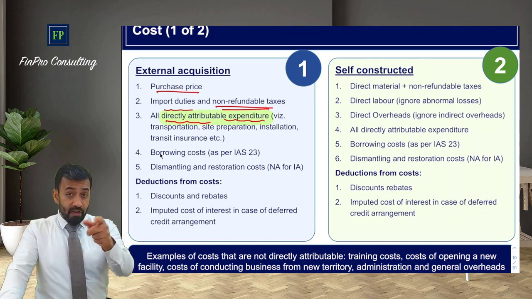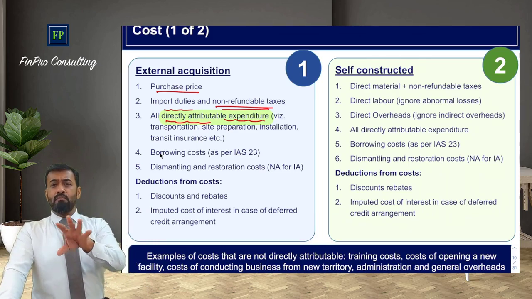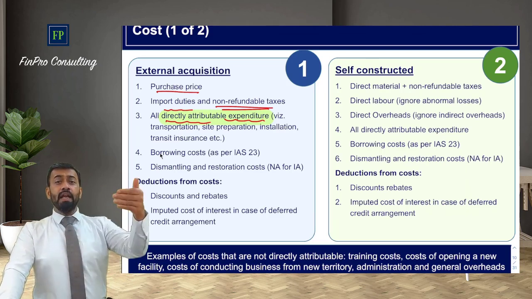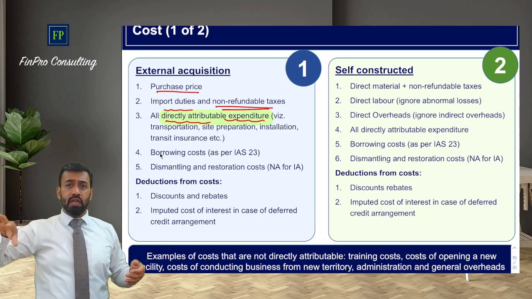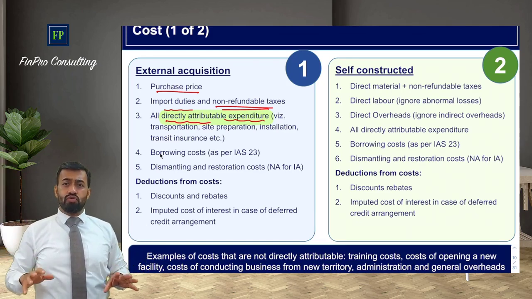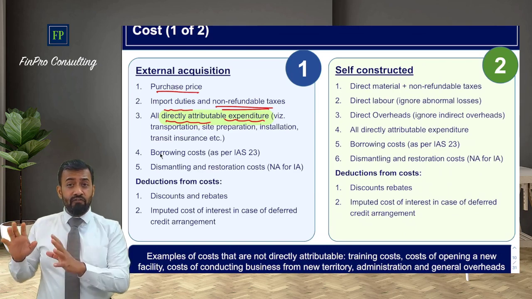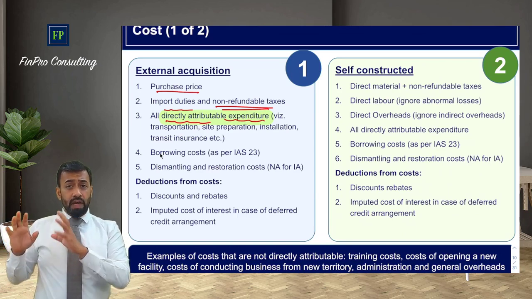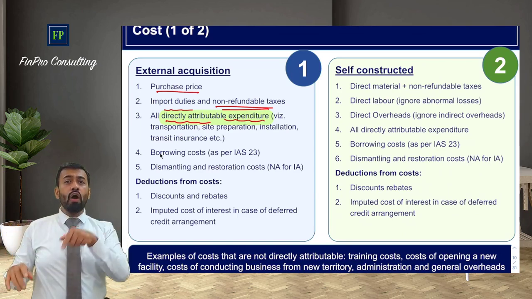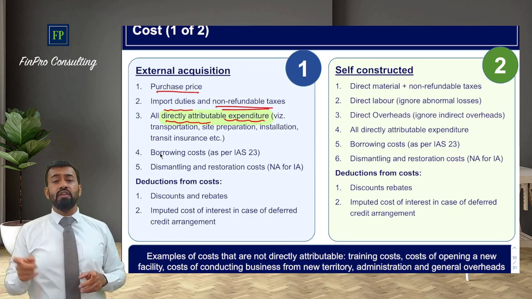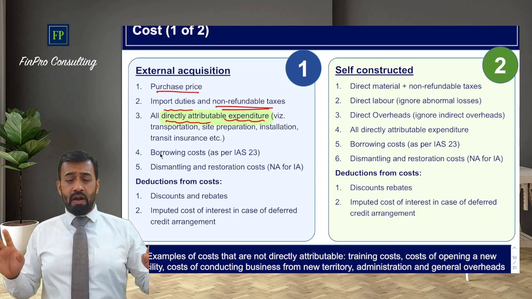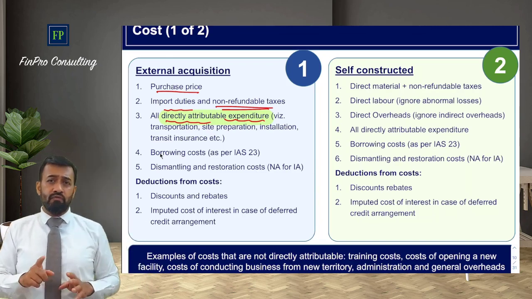Training expenditure, very common. You'll find this type of question in the examination. That entity has sent their staff for training on that machinery. The machine can be used. The machine is ready for its intended use. You don't know how to use it. It doesn't mean the machine can't work. So such training expenditure is strictly prohibited to capitalize. Very important aspect which you have to remember.